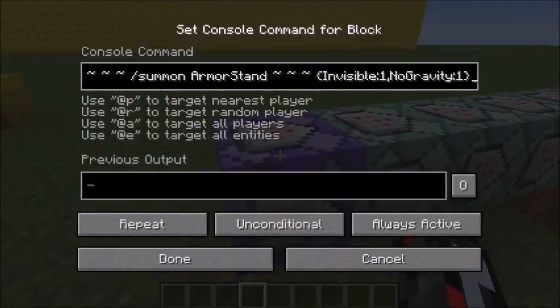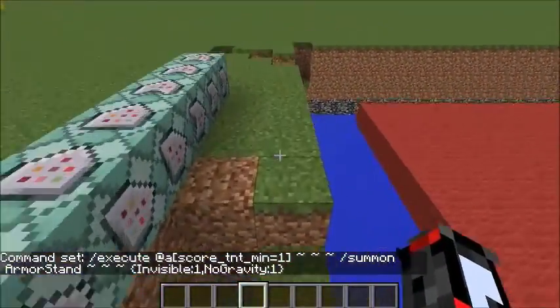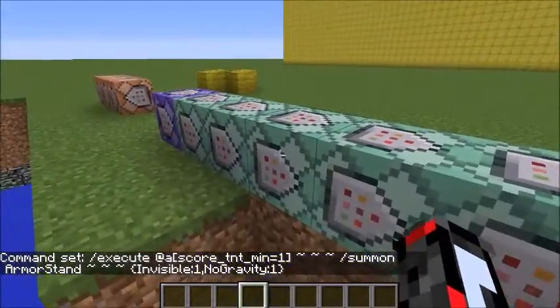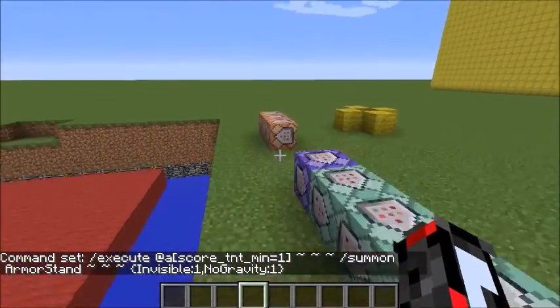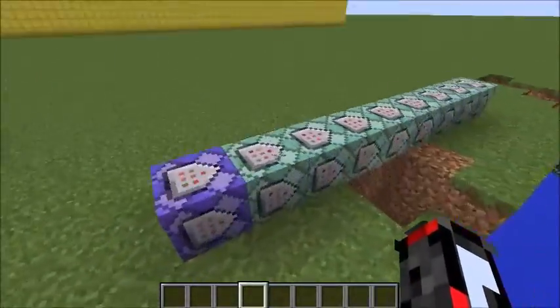It summons an armor stand, and the armor stand is invisible. And then I just added this no gravity feature, which means it won't fall. So if you're in the air, it won't fall. It's pretty good. Okay, so then the next command block,